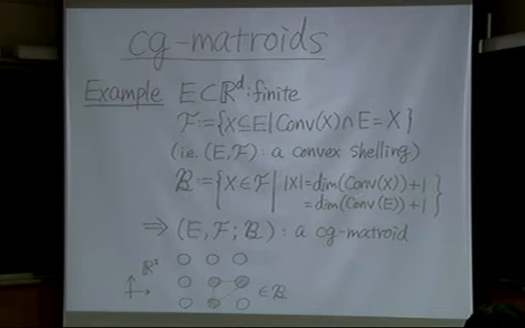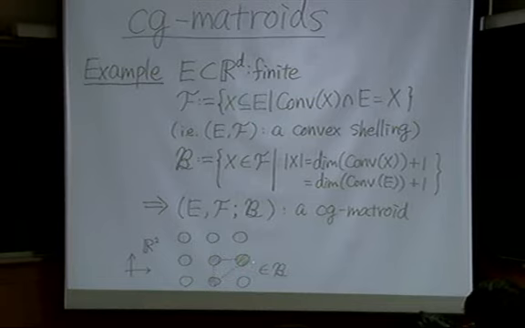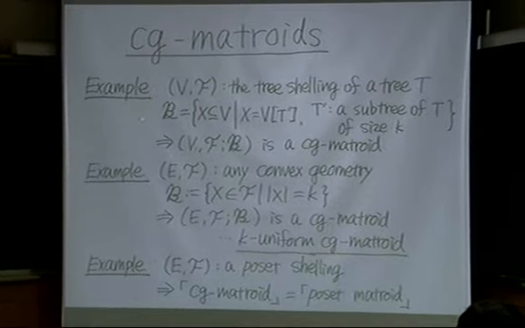This means, for example, in R2 there are 9 points. In this case, these 3 points are a base, because script B is the set of all maximal simplices which do not contain other points inside. With such a kind of family, we can define a CG matroid. And we call this kind of CG matroid an affine matroid, an affine CG matroid. And the second example is,